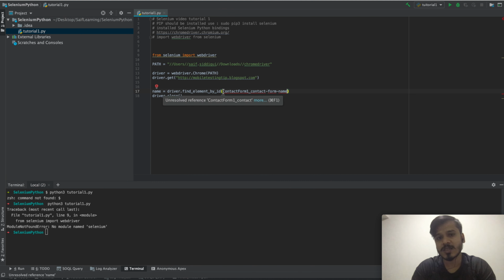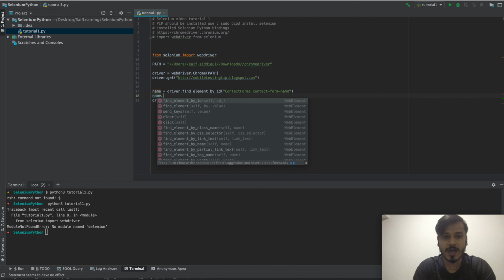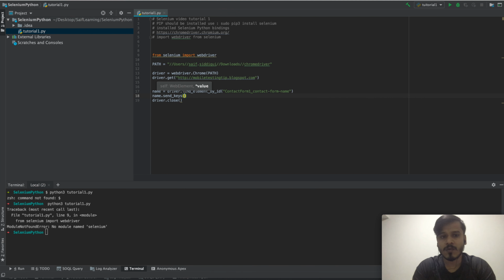Since this is a string, I need to pass it in double quotes, and after that we can enter the text which I want to insert. For entering the text, I need to use send keys. So I will use that variable, and in that variable I will use send keys. Now what name I want to enter, maybe I will just enter Saf.